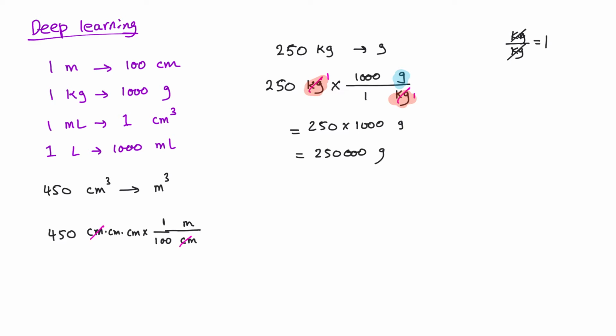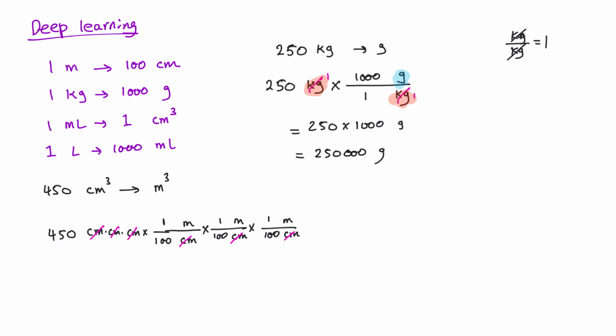These will cancel out to 1, but I have 2 left. So I need to do this conversion twice more. I'll do it 1 more and 1 more. I'm going to get rid of another centimeter by writing it here, and another one here. Sorry, I'm going to change them to meters. 1 meter is 100 centimeters. 1 meter is 100 centimeters. By doing this, the centimeters will cancel out, and I'm left with meters multiplied by meters multiplied by meters, which is going to be a cubic meter, or